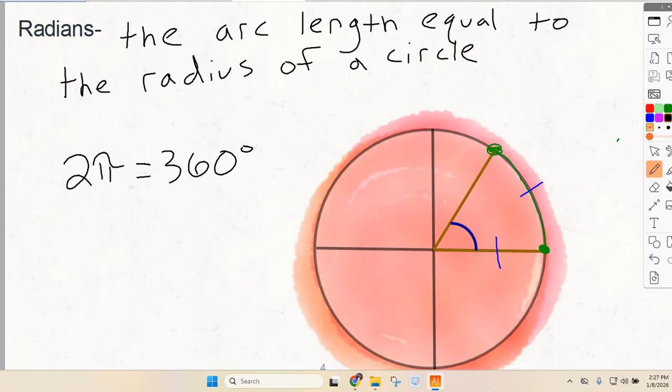I'm going to have to multiply by some fractions to reduce stuff. However, we want to multiply by the reduced rate of that. So can 2 pi and 360 be reduced by the same thing? Is there a number that goes into both of them? Yeah, what is it? 2. Alright, so if I divide 2 pi by 2, what do we get? Pi. If I divide 360 by 2,